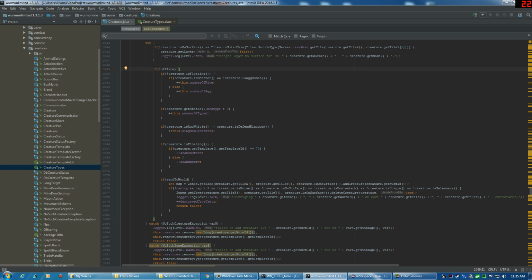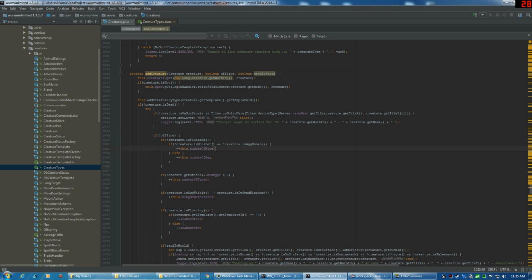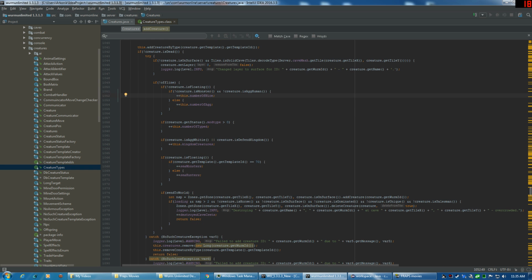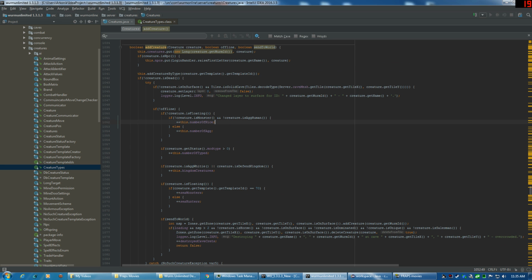And then it says plus destroy cave creature. So basically it's just saying, destroy it, and it'll print this out on the screen when it does. Well, you can do the same thing up here. We can go in here, and I'm lazy on typing, so I'm just going to grab this first piece of information because I don't like to type as much as I have to, and I'm going to